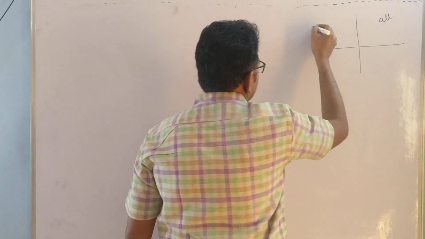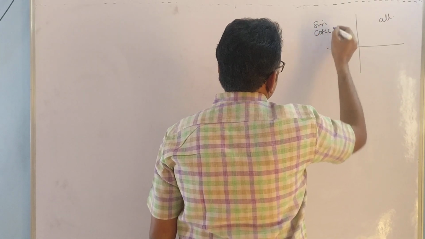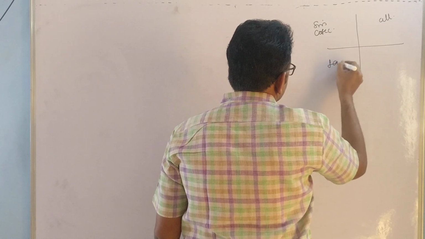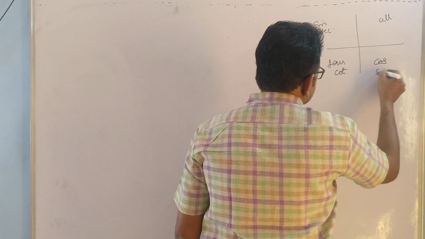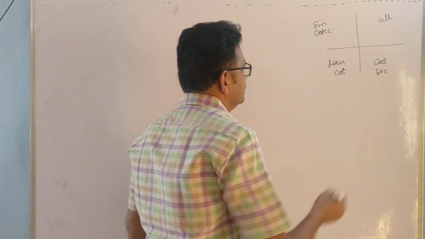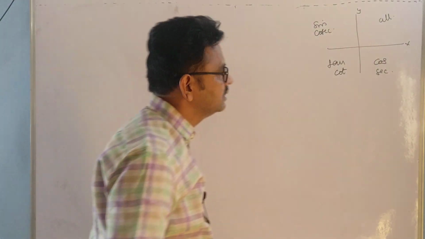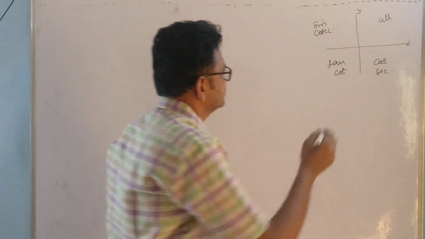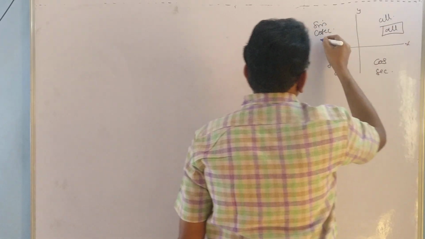So that's why in the first quadrant all are positive. In the second quadrant only sine and cosecant are positive. In the third quadrant, tan and cot are positive. In the fourth quadrant, cos and secant are positive. So this is the x-axis, y-axis. I think you know this. This is "all silver tea cups". So that means all trigonometric ratios are positive.